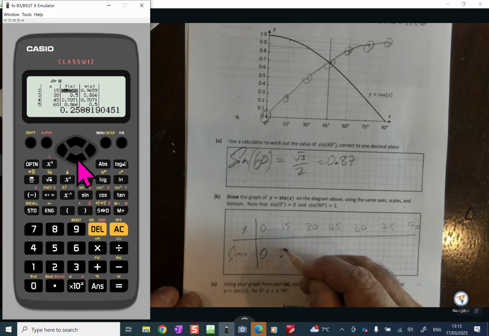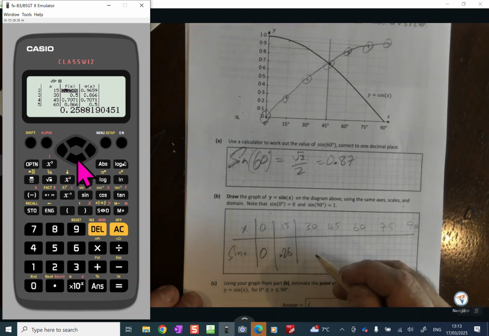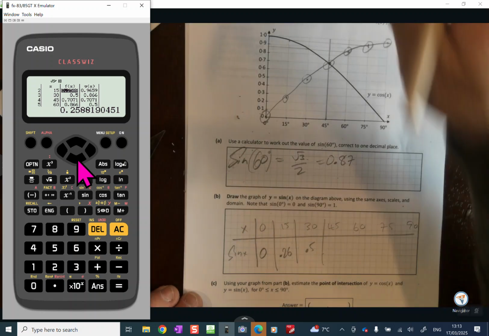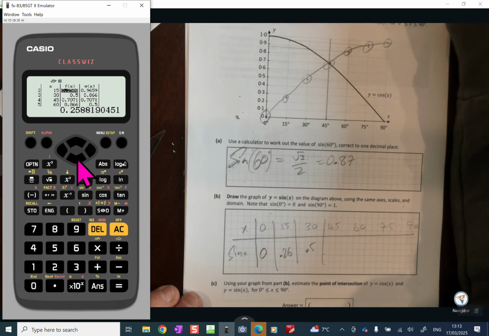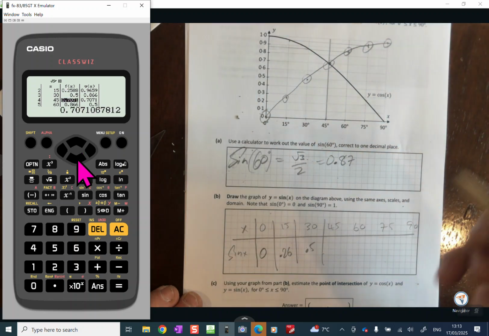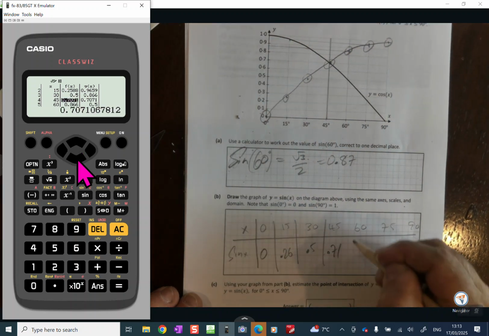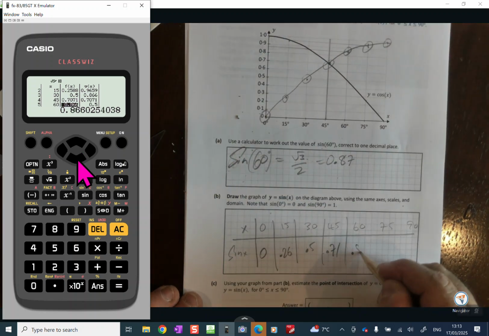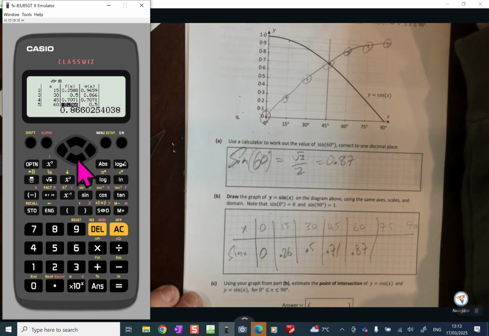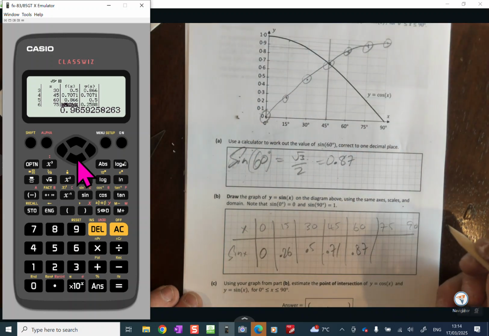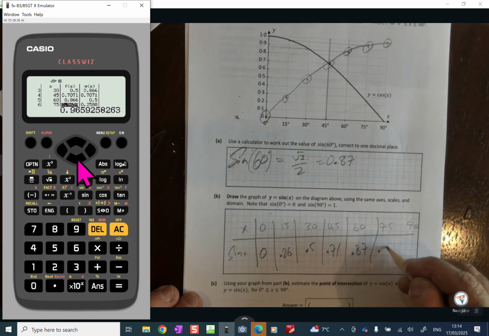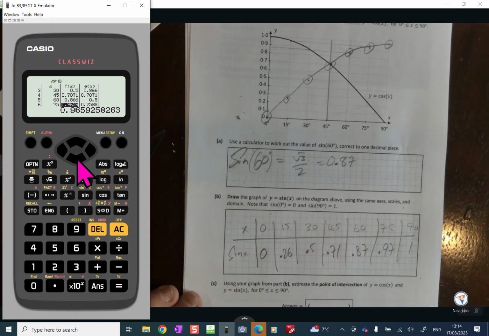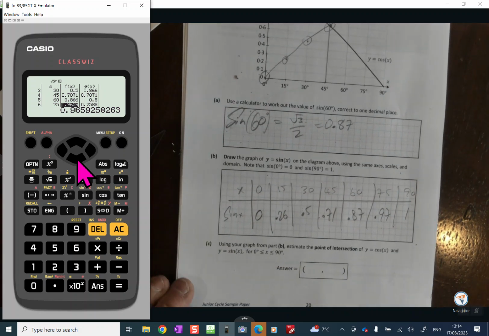0.26, 0.5 exactly, 0.707, that's the way I remember it, but I'll put in 0.71 if we're going to round it, 0.87, 0.97, and 1. Okay, using your graph from part B, estimate the point of intersection of y equals cos of x